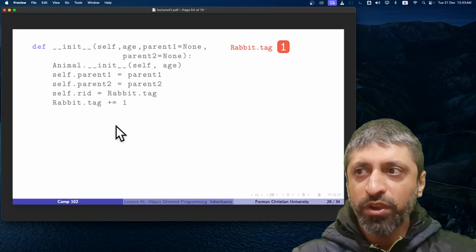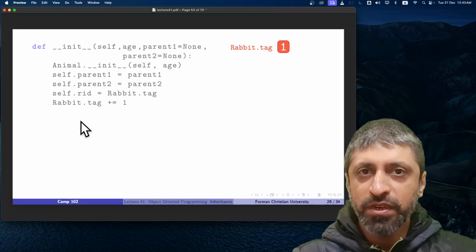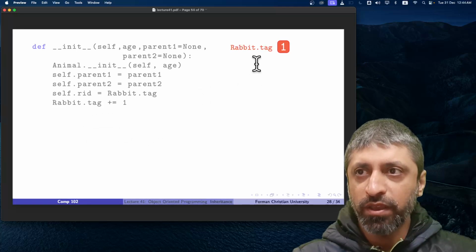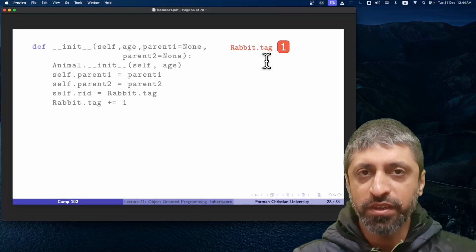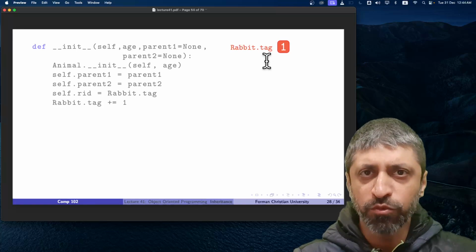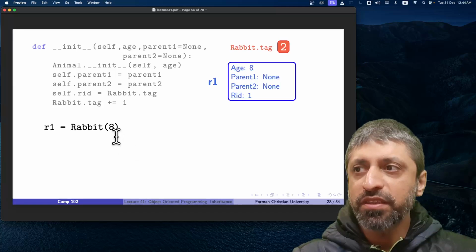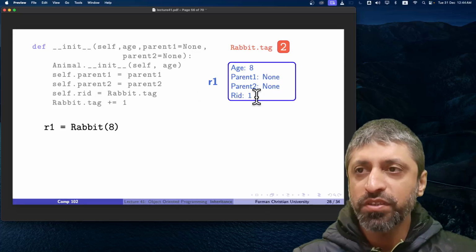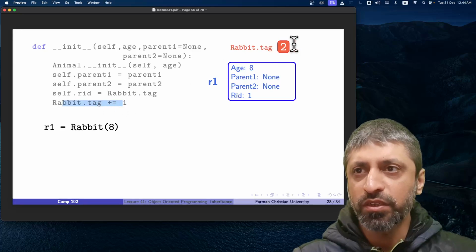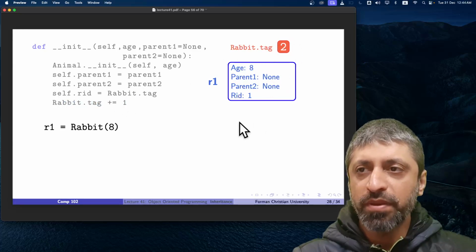अब देख रहे हैं कि इस point पे अभी कोई भी object नहीं बना हुआ और आपके पास class variable is already existing with the value 1. अब हम एक object बनाते हैं, object बनाएंगे which means कि this constructor will run, आपकी पिछली tag की value will be assigned to our object box, उसके अंदर RID will be 1 और फिर आप increment कर देंगे class variable को with the value 2. अब आप एक नया object बनाते हैं, नया object बनाएंगे, फिर ये constructor call होगा